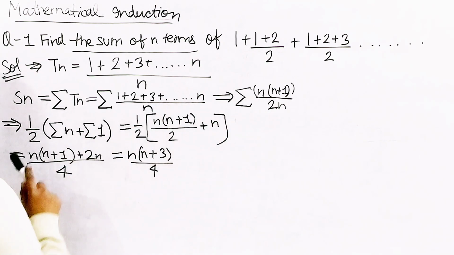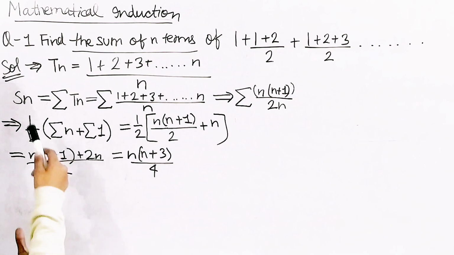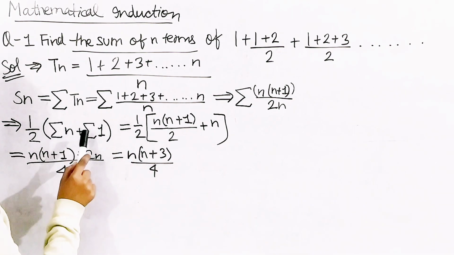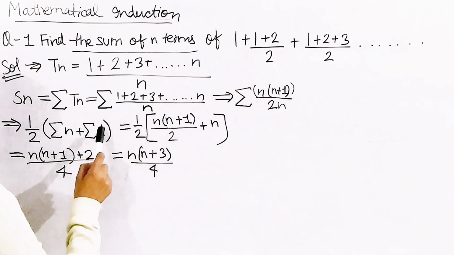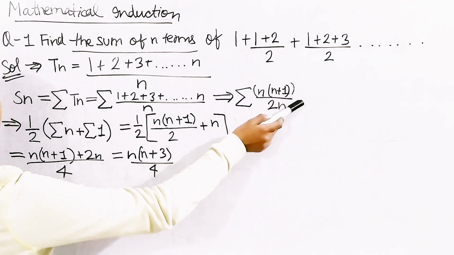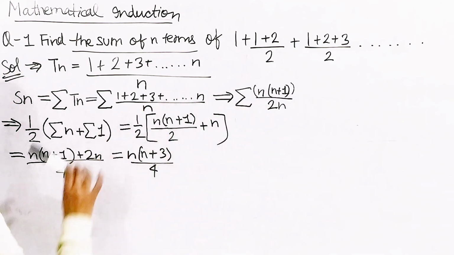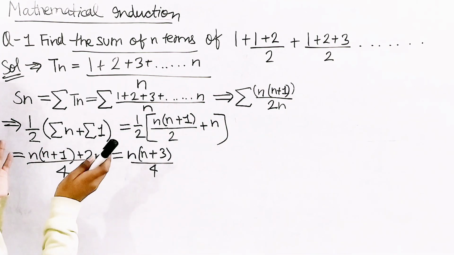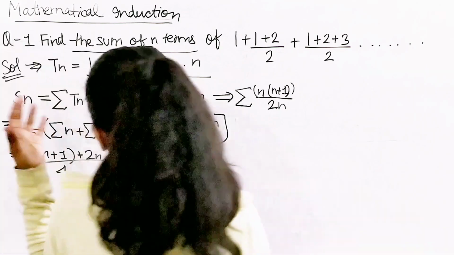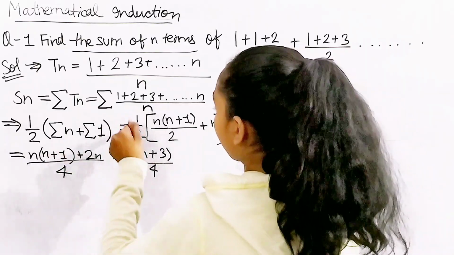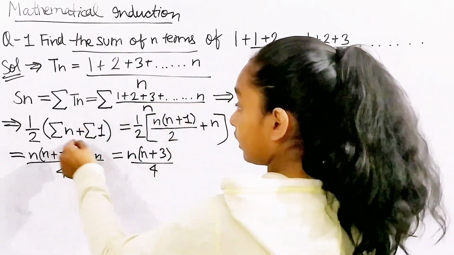Okay, the next thing we have is our half. How did we get that half? First is the sigma n plus the sigma 1. The 1 is for this value, and the n we had right here. And what was left in the numerator? 1. So 1 upon 2, that's what I did. It's really easy, isn't it? In the next step, the half stayed the same way, so 1 upon 2, and then in the bracket,